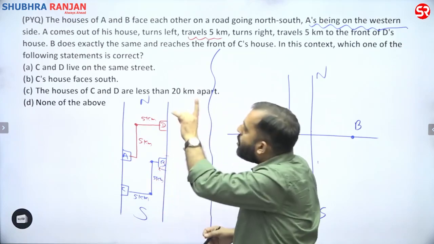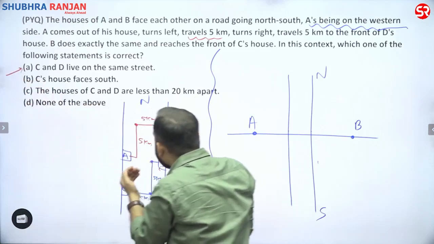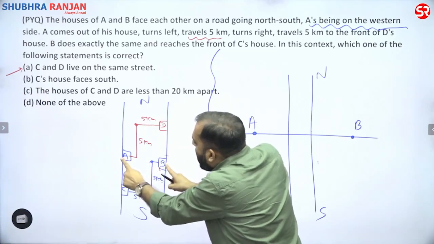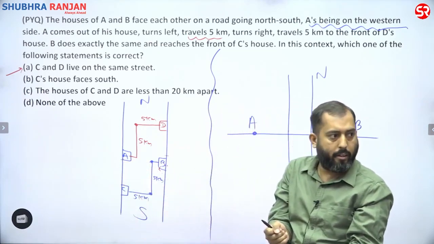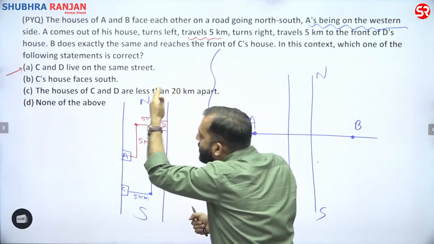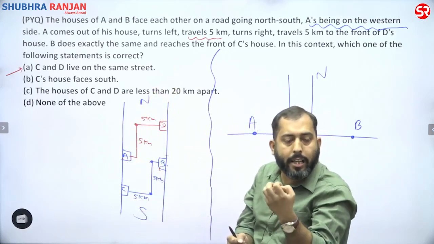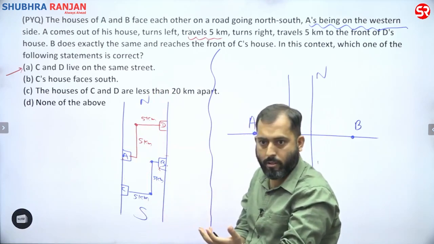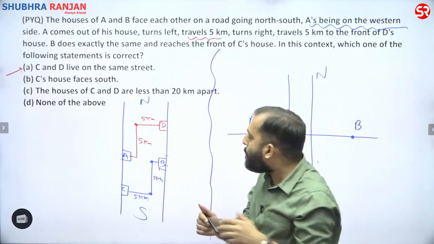So see, statement 1 does not stand a chance here. Why? Because we do not know the exact distance between A and B. And it is not mentioned over here that all houses are lying in the same line. Nothing like this has been given to us. Right? Getting it?